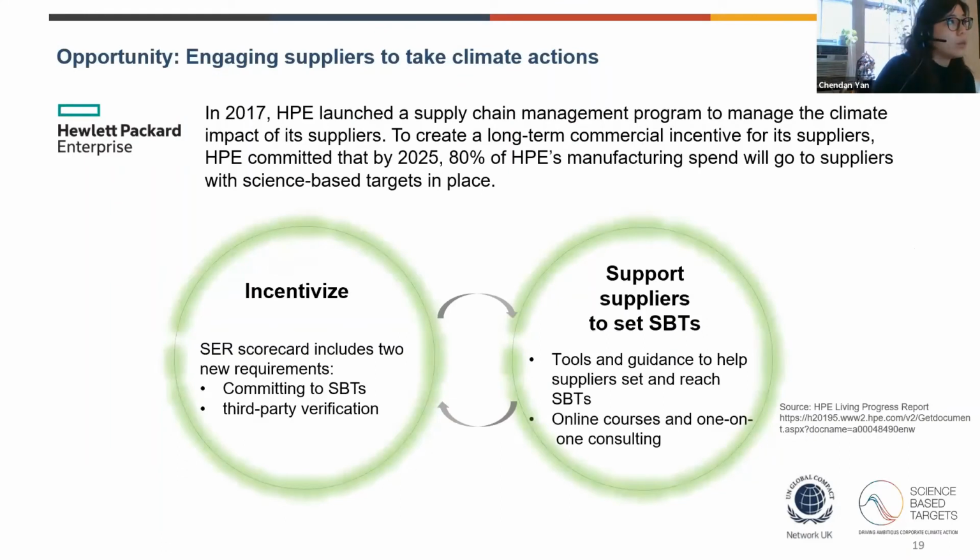And lastly, I just want to talk about an example of a company that set supplier engagement targets and how that has enabled this company to unlock more opportunities for collaborations with its value chain partners, or even its peers. HPE launched a comprehensive supply chain management program in 2017, and they have a supplier engagement target that by 2025, 80% of its manufacturing spend will go to suppliers with SBTs. So to achieve that goal, they have